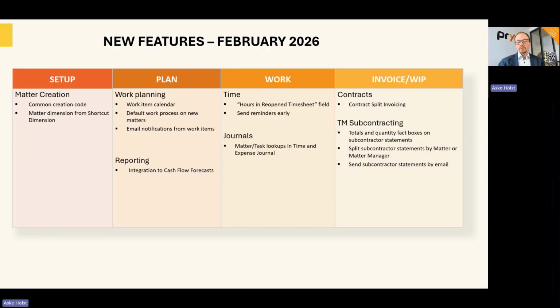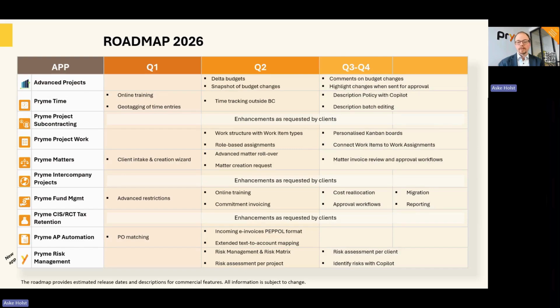Those were the new features for this quarter, this major release. Let's move on and have a look at what's coming in the future. And so for this, we will have a look at the roadmap for 2026. We are already somewhat into Q1, but there's a few more things to come. This is all we have on the roadmap so far. The roadmap is always changing, and some things might be taken out, other things will be added, but this is